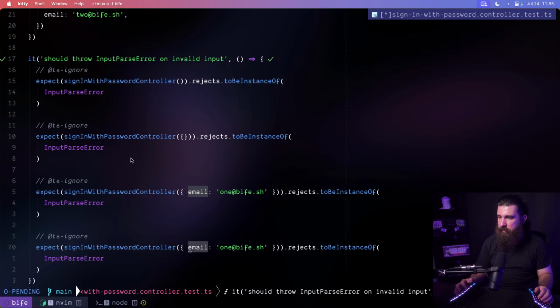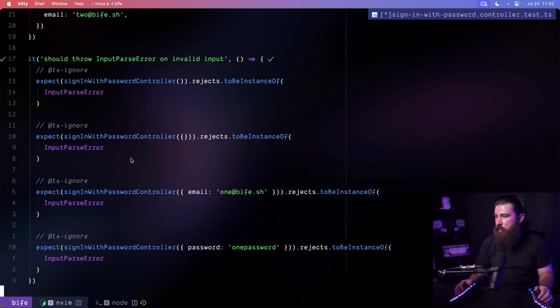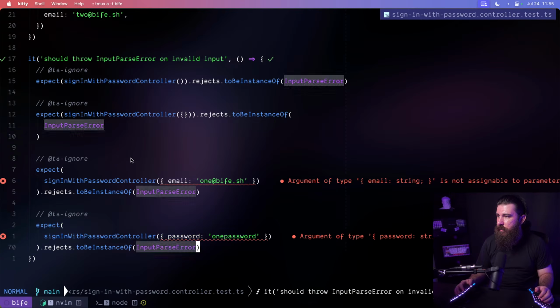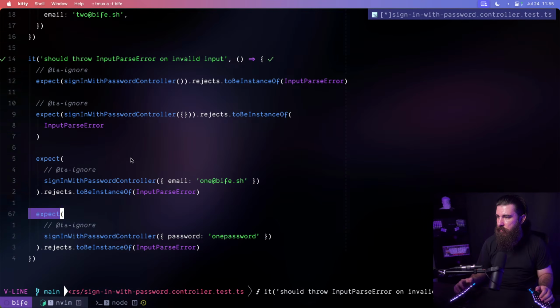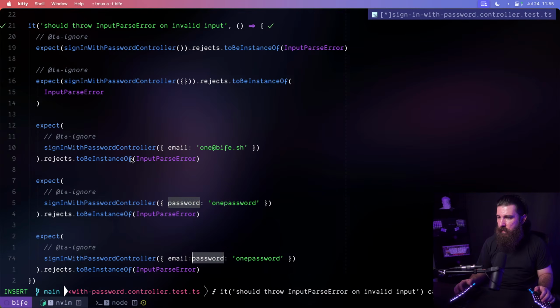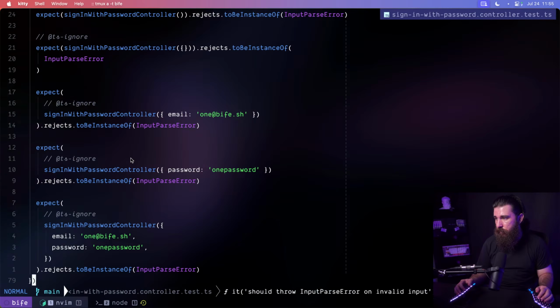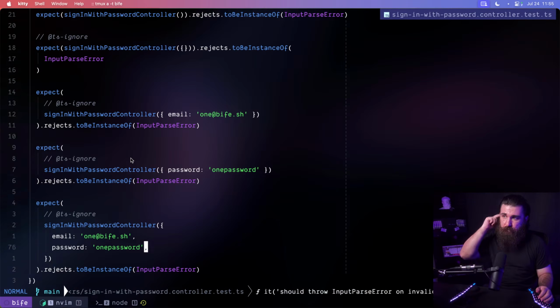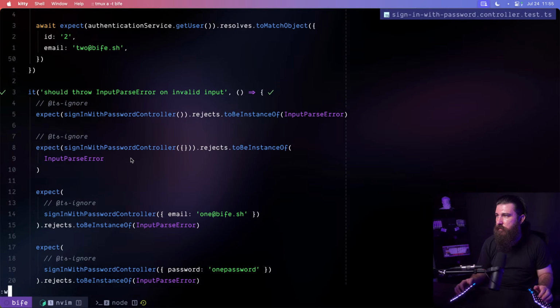One with a password, one with, move this down, one with email and password, both valid ones, but no turnstile token, right? And I guess that should be good. So if I run this,